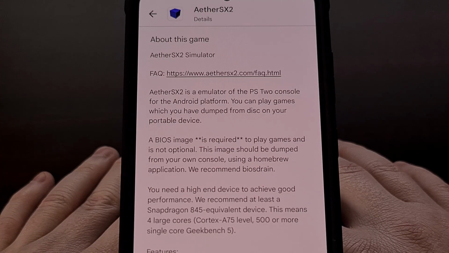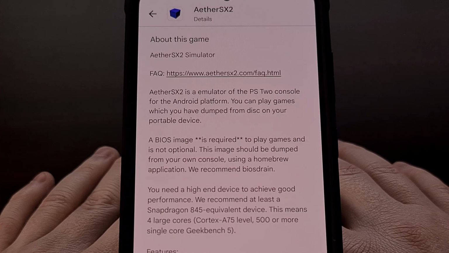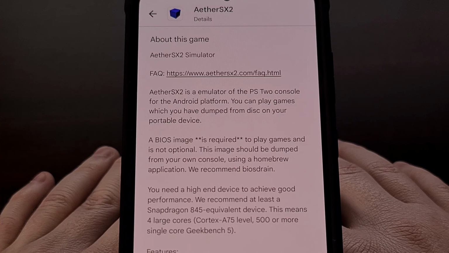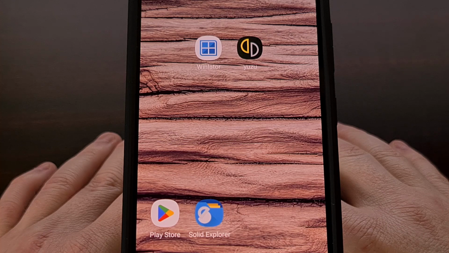And I'm all for developers getting paid for their work, but when there's a better legal version available to the public, I will do my best to direct the Android community to that version. So in this video, I wanted to highlight version